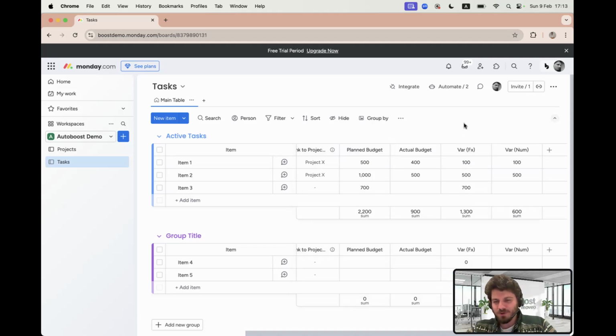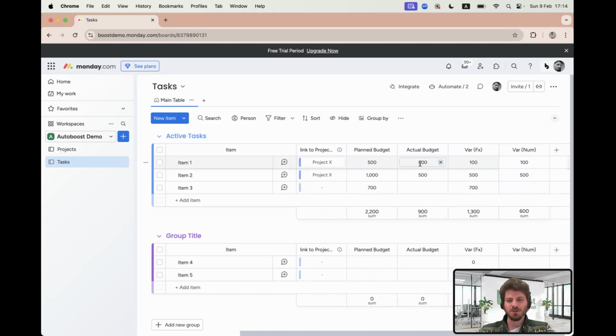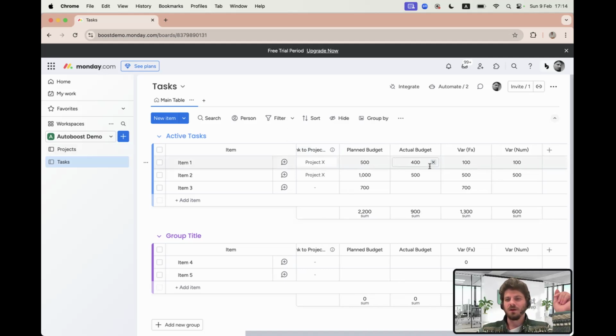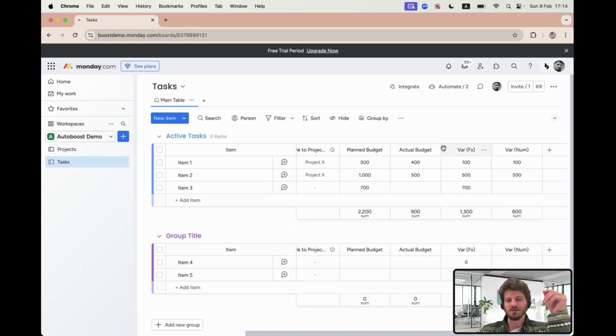So something brand new and shiny from Boost, our ability to use actual formula columns in Autoboost recipes. Just to explain where we are in the use case, we have the project board and the tasks board. For each task, we have a planned budget and an actual budget. It's also connected to our projects board. And in here we have a formula that subtracts the actual budget from the planned budget to tell us the